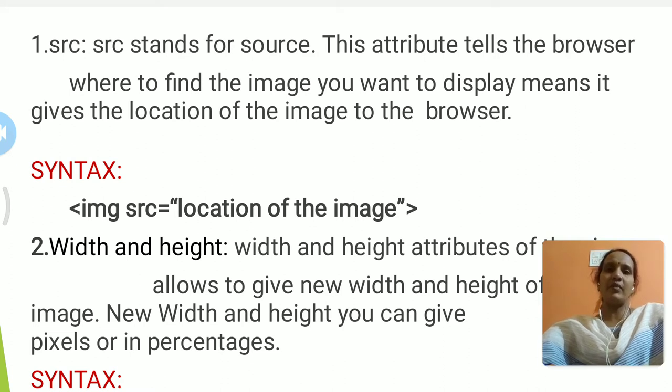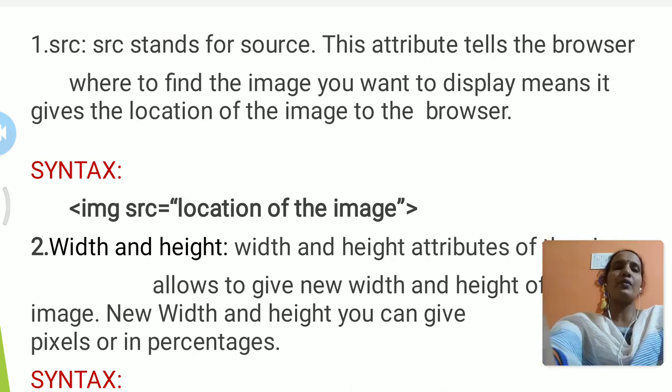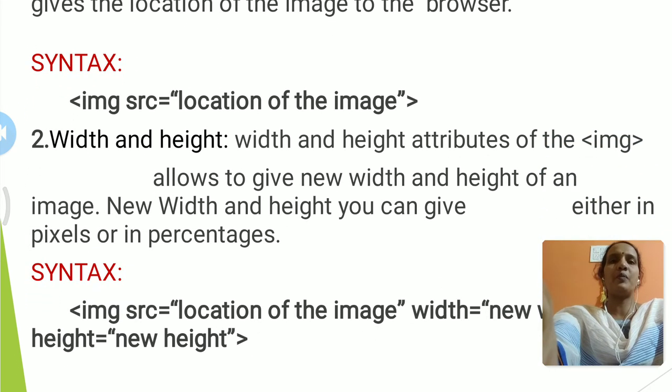Now the second attribute is width and height. We should write the two attributes together. If you write one attribute and don't write the other, it won't display the image in the desired position, so try to include both. What is the use of the width and height attributes?